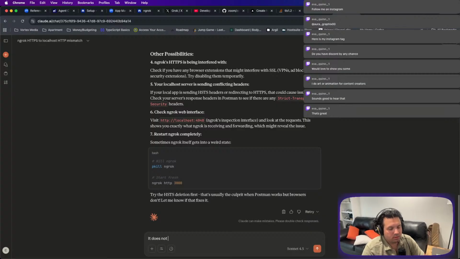It does not receive any requests when accessing the ngrok URL from the browser. Only when pinging from Postman does it receive any requests.